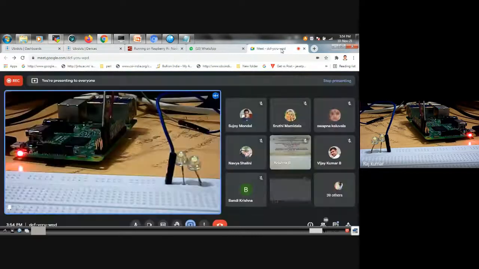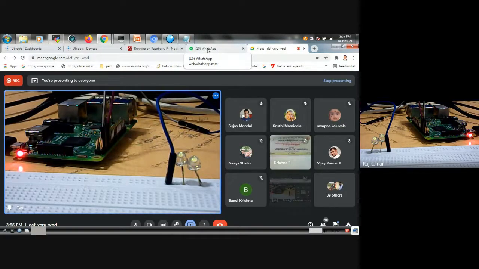If you have any questions, please ask on any topic, cloud or Node-RED, right? If you have no questions, we may stop this session.